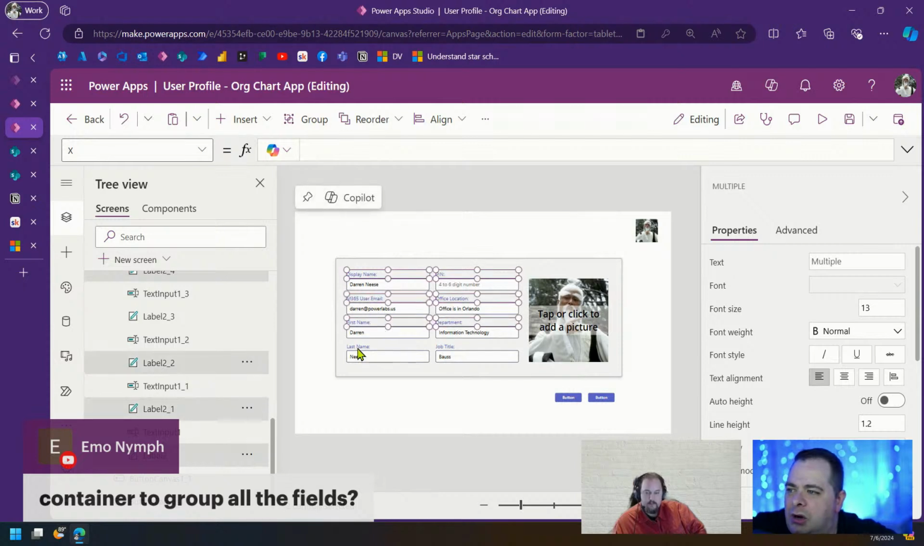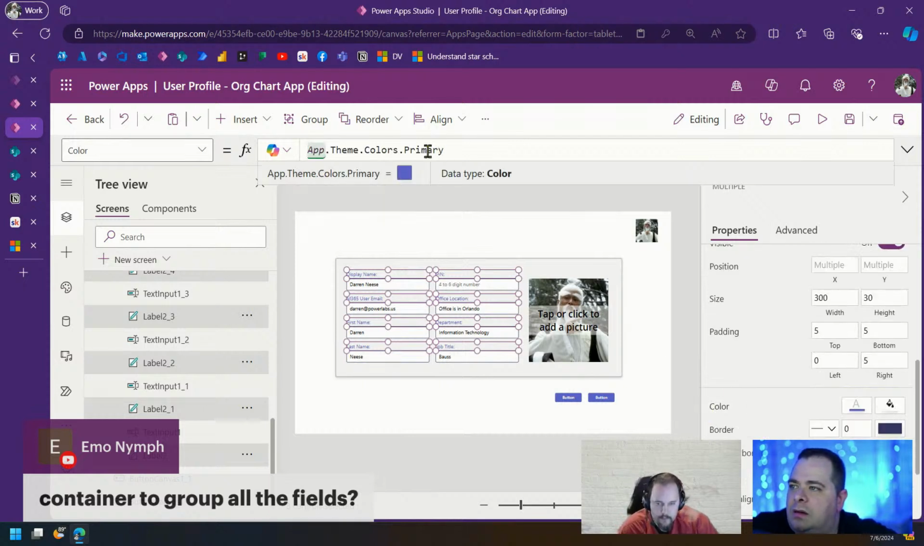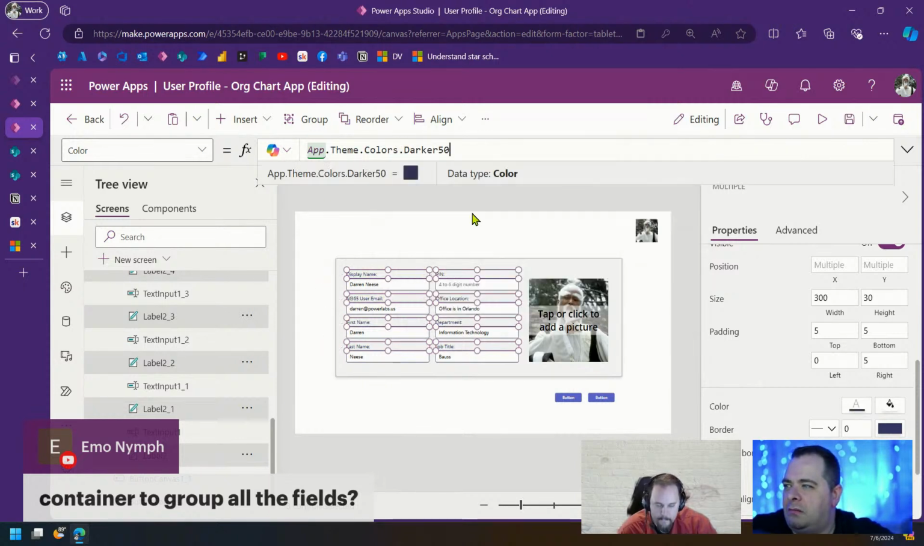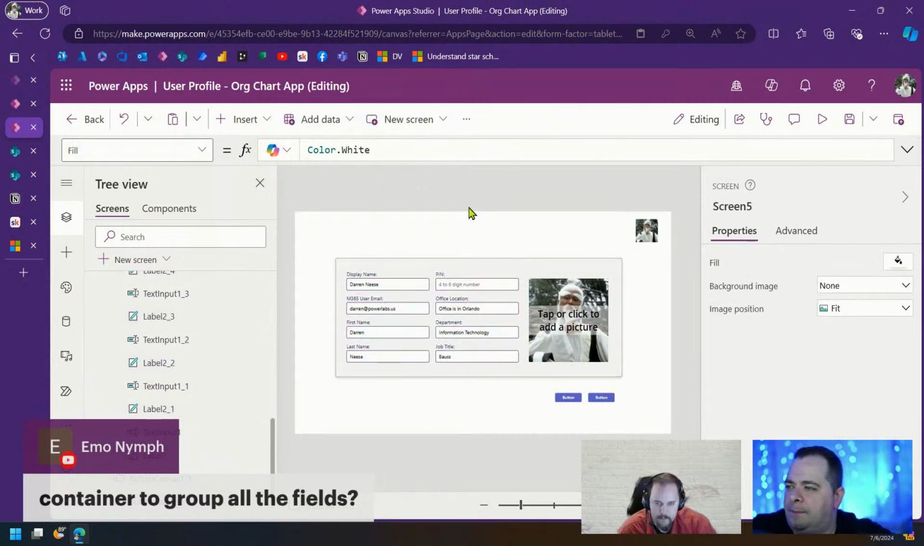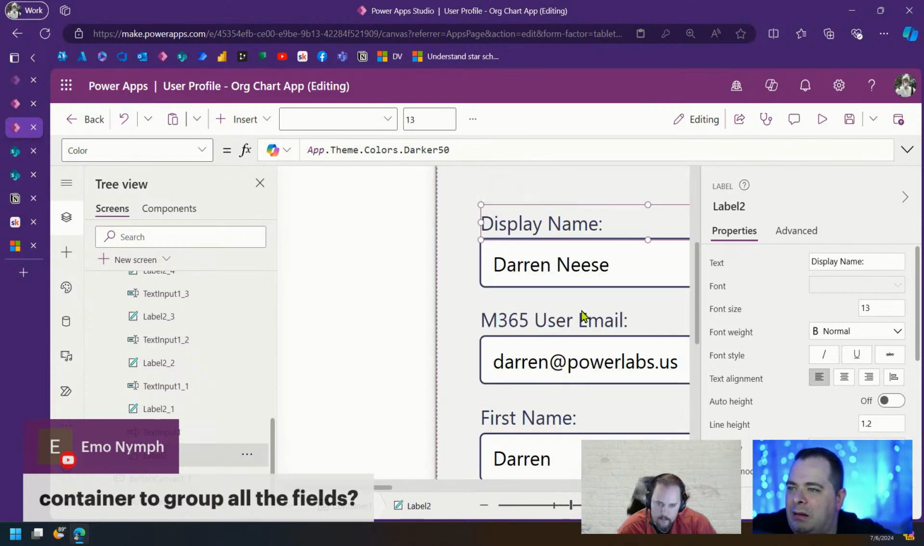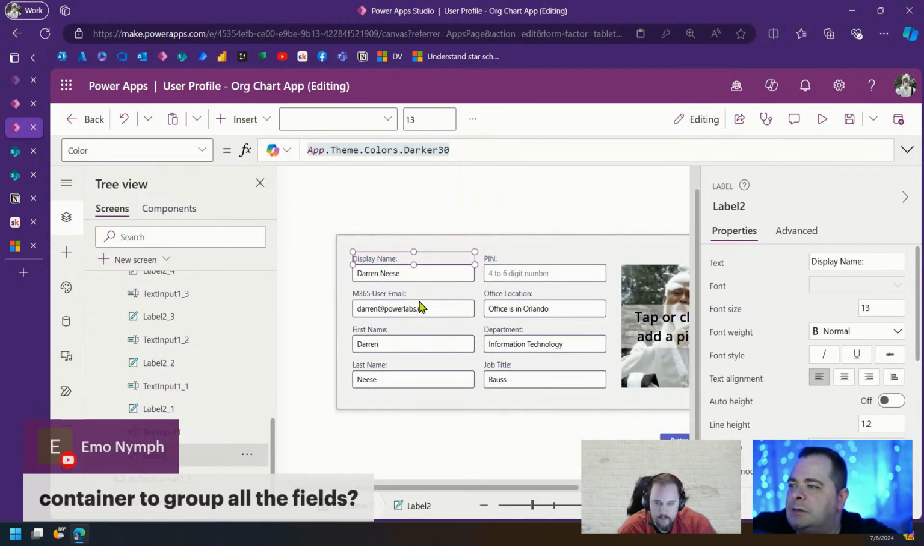I am going to use a darker color for the font. So I'm going to go to color. Instead of using primary, I'm going to say darker 5. Okay, so we're going to use darker. It's almost maybe too dark. It almost looks like black, which I don't want. Let's say darker 10, darker 20, yeah, 20 is nice. 30, I like 30 for the text. So now,